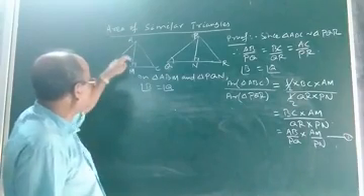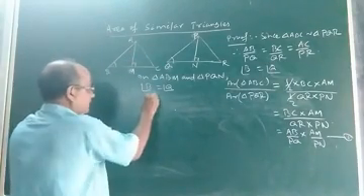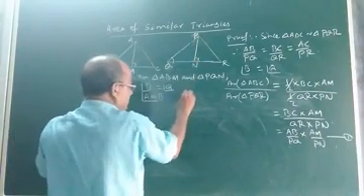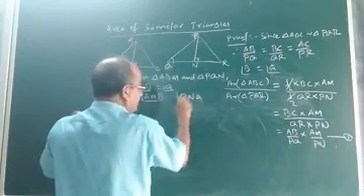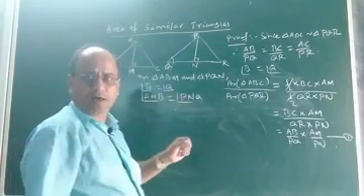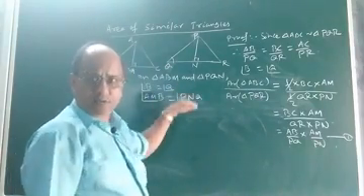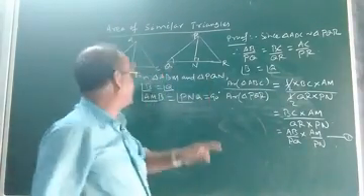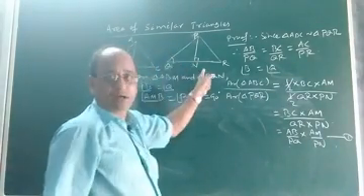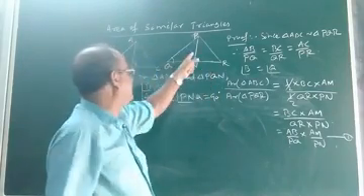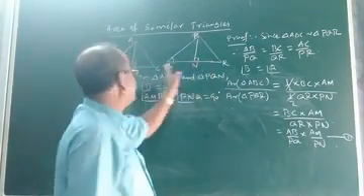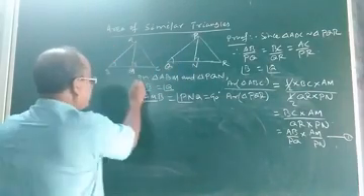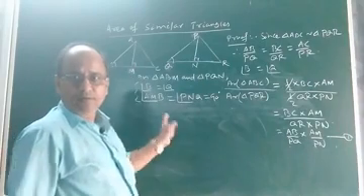Look at angle AMB and look at angle PNQ. Both of these angles are equal, and why are they equal? Both these angles are equal because each one measures 90 degrees. And why 90 degrees? Because AM and PN are perpendicular. By construction, AM and PN are drawn perpendicular to BC and QR. So no doubt this angle and this angle will be 90 degrees. Now you see, we got the two matching parts.